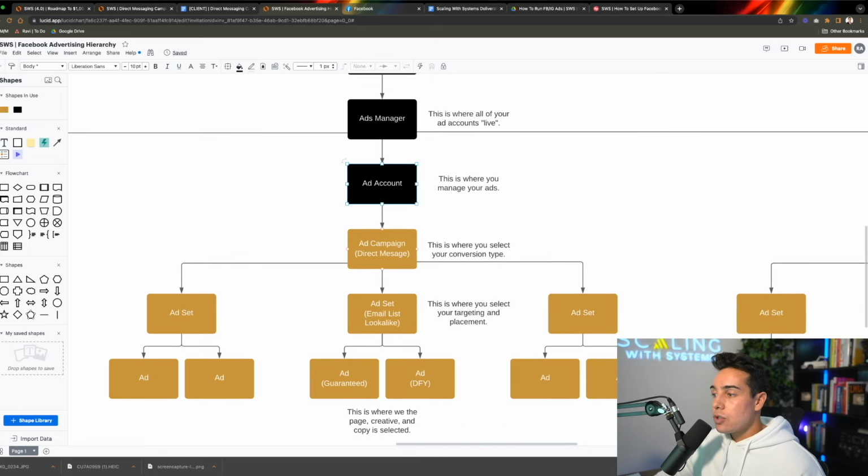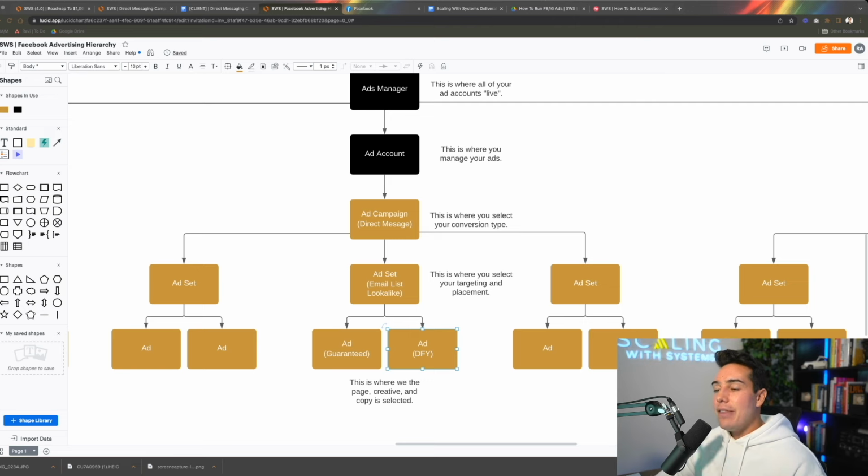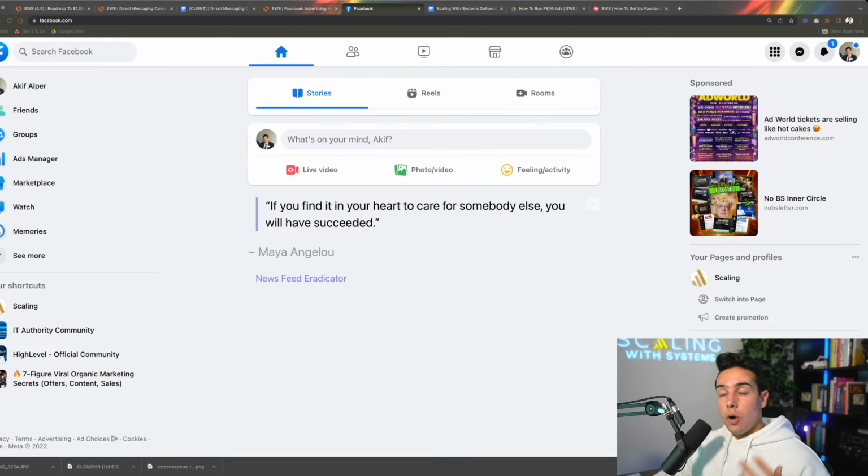Inside that ad account, you'll select the campaign that you want to choose. So this is going to be a direct messaging campaign, a conversion campaign, a lead form campaign, and then you're going to select the actual targeting of that campaign. So hey, run a direct message campaign to these specific people. And then finally, at the actual ad level itself, you're going to be saying, I want you to be showing these specific people for the direct messaging campaign this video or this message, and that is what is known as the ad. Okay, so now that we understand how all of that works together,